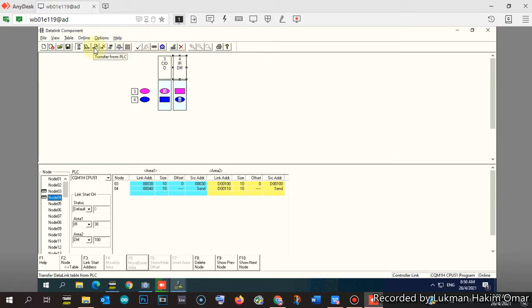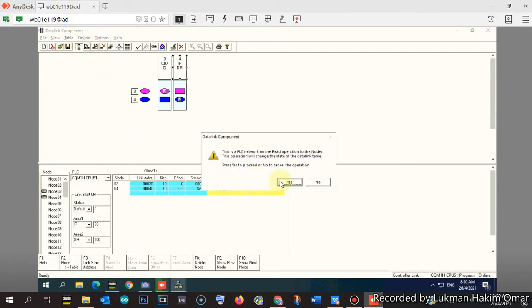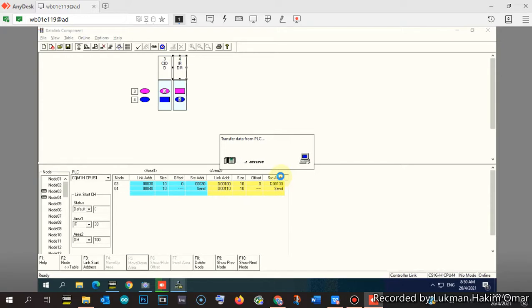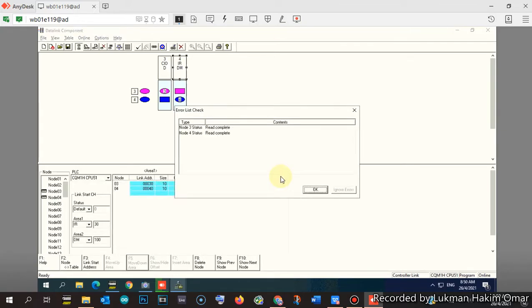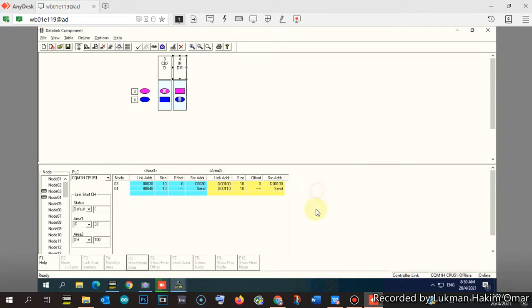You select transfer to PLC, to transfer all this to the PLC. It will take a while, I think not even 1 minute. Error list check, read complete, and then click OK. Wait a bit.